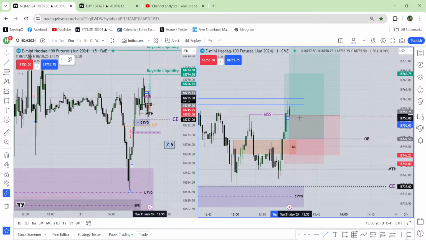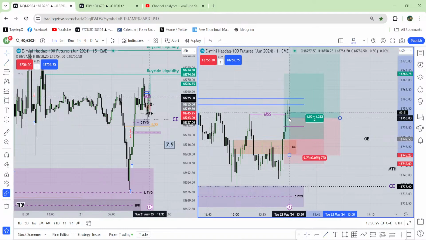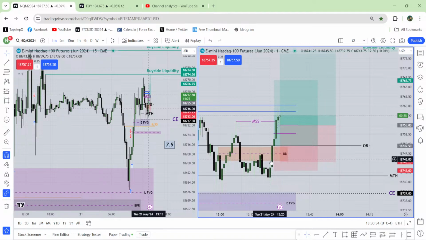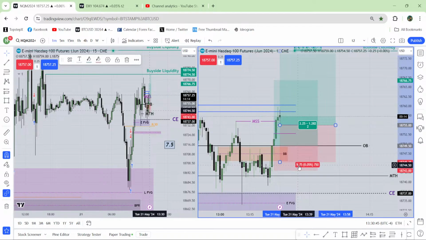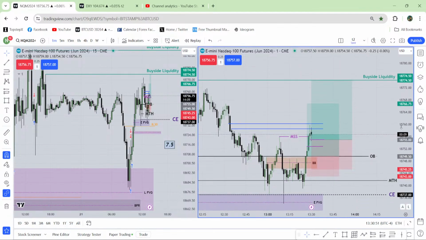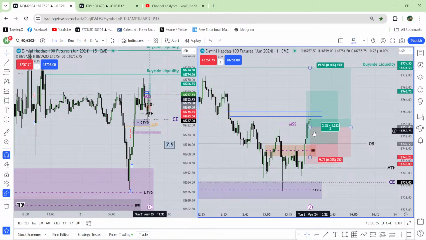Let me see here. But I have to cover the last one. I don't think the market will reach that area, but still I have to cover that last one. I don't have any other option without covering the last fair value gap. It's not a huge stop loss, I believe it's just a 9 handle stop loss. Cool. So there would be two types of entry. If I were trading, I would take the first entry depending on that breaker block, and then I would add one more over there at that fair value gap, depending on that perfect setup.